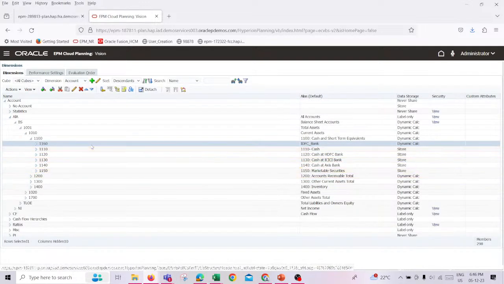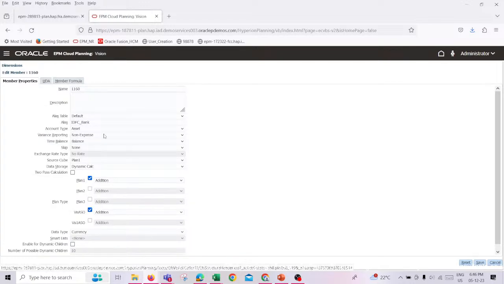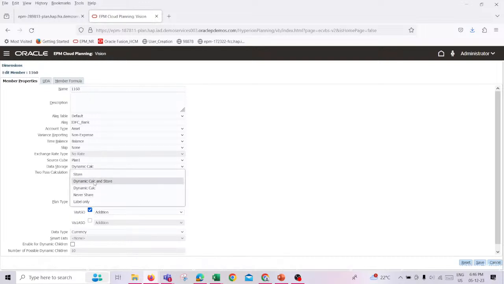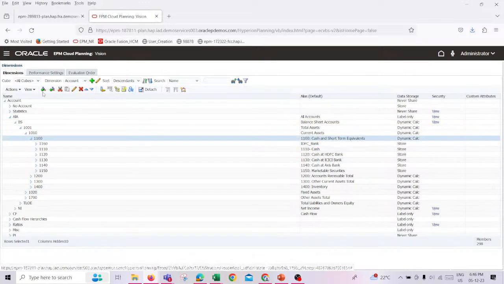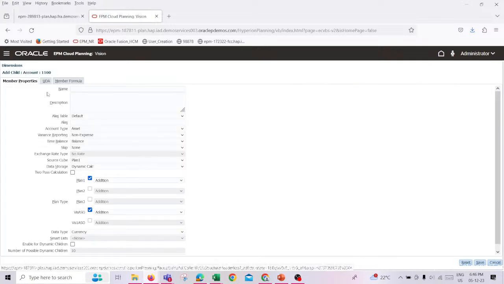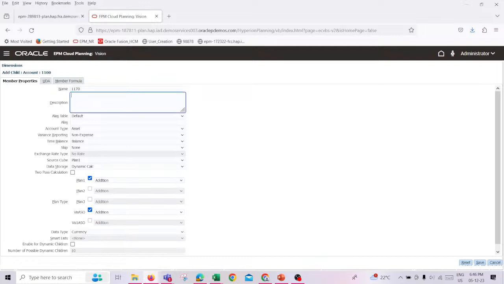Please keep in mind that whenever you add any member, the child member should have the data storage property as store, not as dynamic calc. Dynamic calc is a property used for the parent member. After that, I'll be adding one more child. For example, if a ticket is raised and I need to add two members in a cash account, I'll add like this. I'll give a different member name which shouldn't be the same as an already existing member. So I'll be naming it